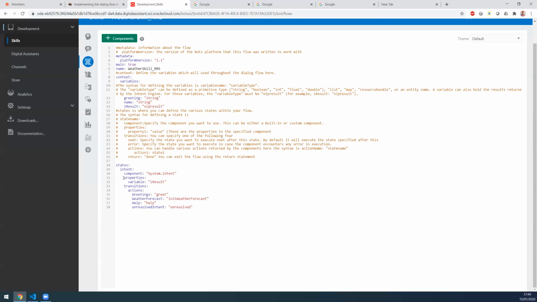You have the next transition that directly points to the next state this one will transition to. You have the return that just finalizes the conversation and clears all the variables that you may have stored. Then you have these actions, etc. You have a different set of